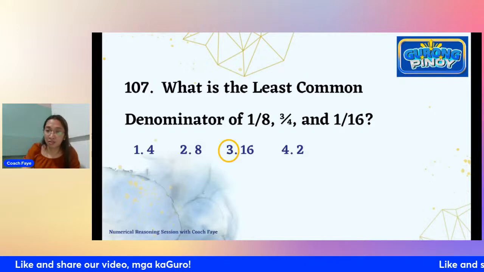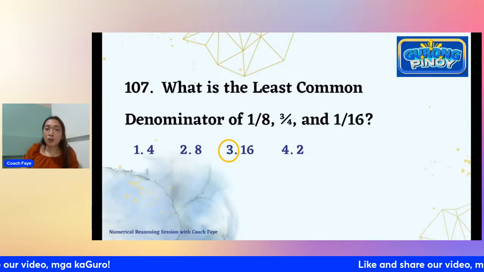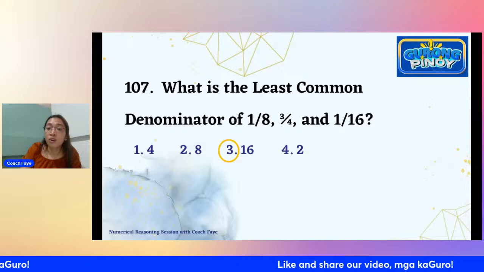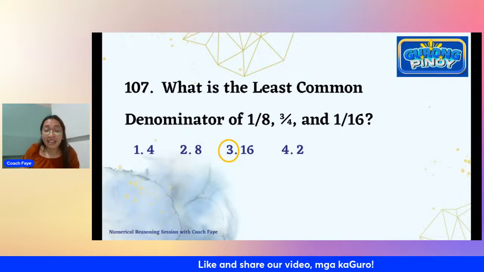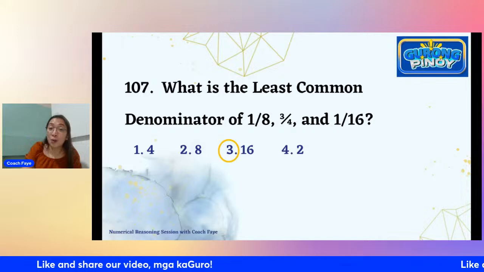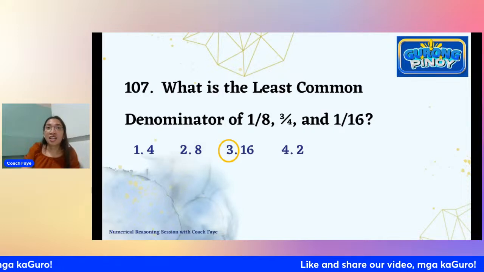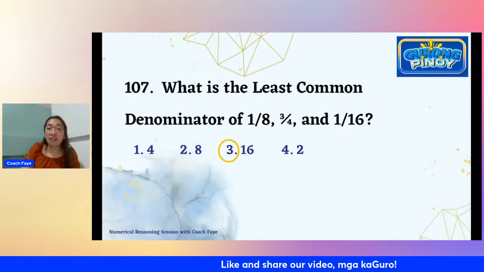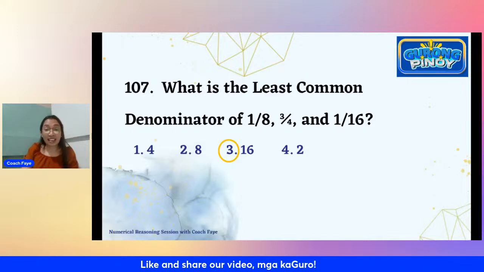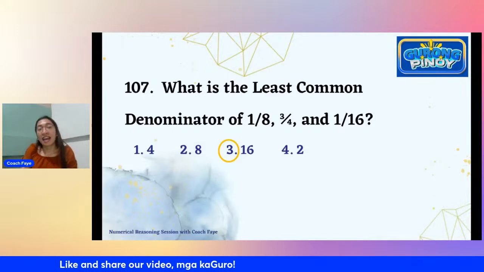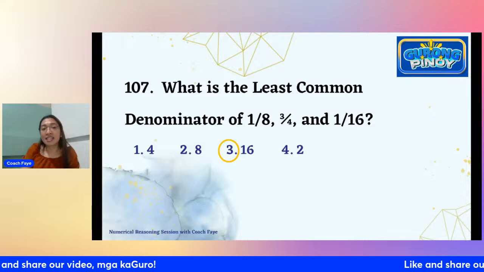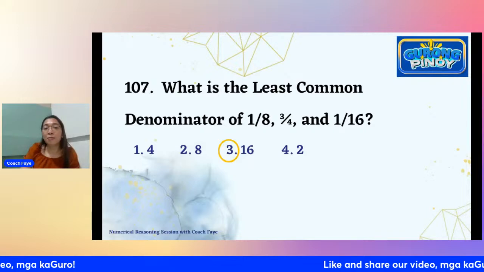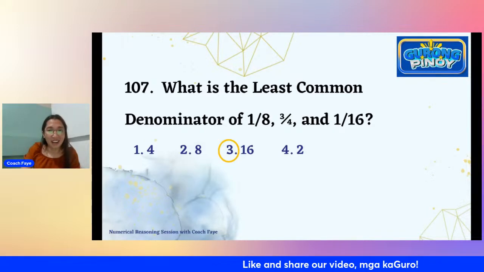It should not be 4. Ano naman po yung makakapagbigay ng sagot na 4? Yung 4 po, that is your factor, greatest common factor nila si 4. So GCF is the largest number na pwede mong ma-divide from your items. Your LCM or LCD is yung pinakamababang kaya mong makuha pag nag-multiply ka from them.